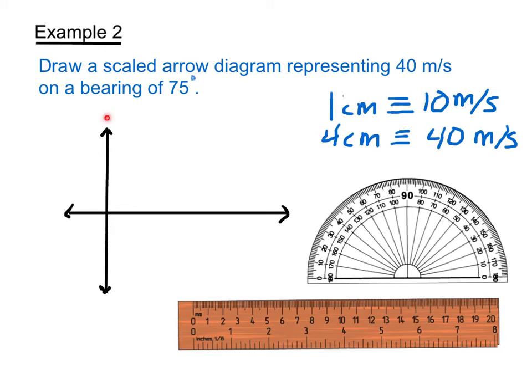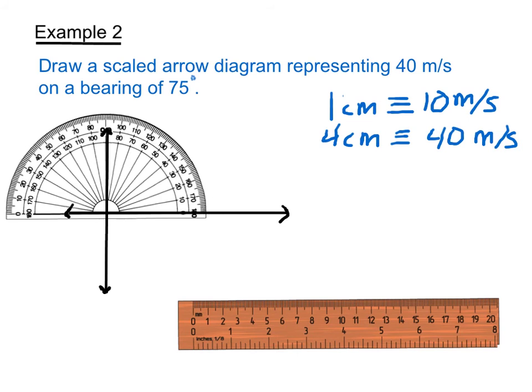And remember, bearings start at north and go clockwise. So again, we're switching back here. We've been going the other way, talking about angles in the unit circle. Now we need to start at north again and go clockwise when we're talking about bearings for 75 degrees. To draw an accurate